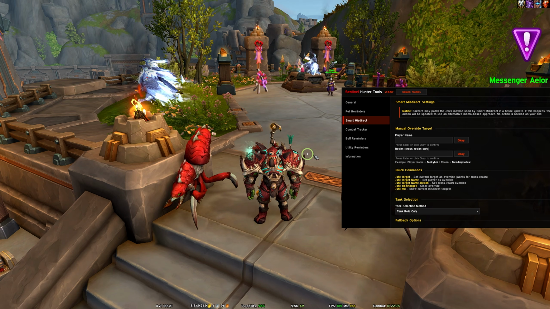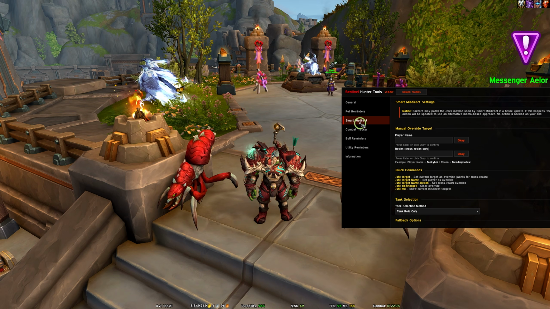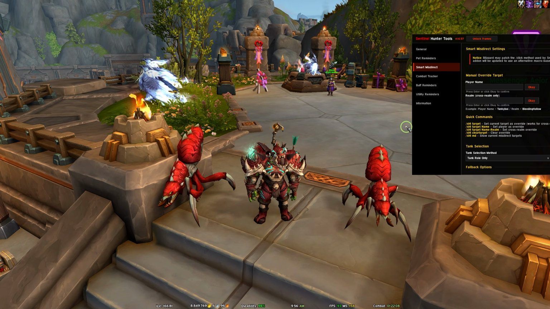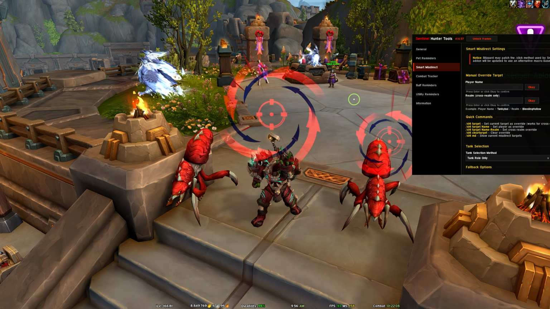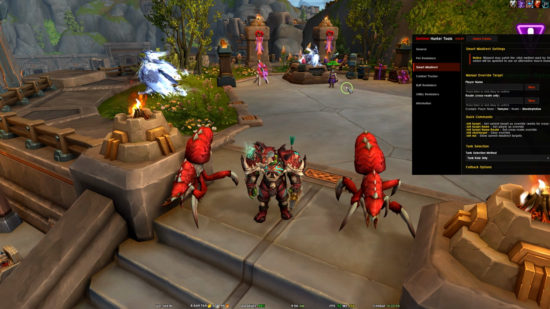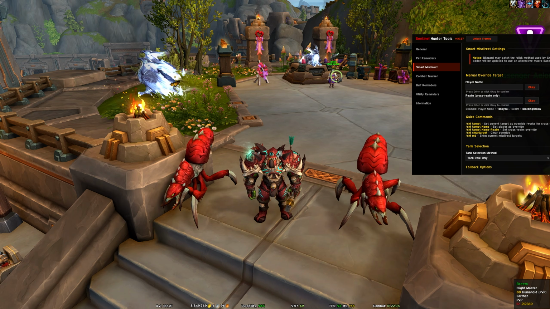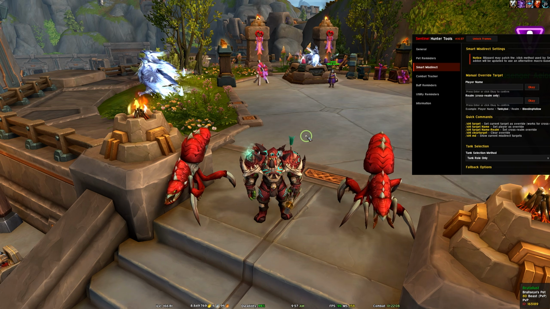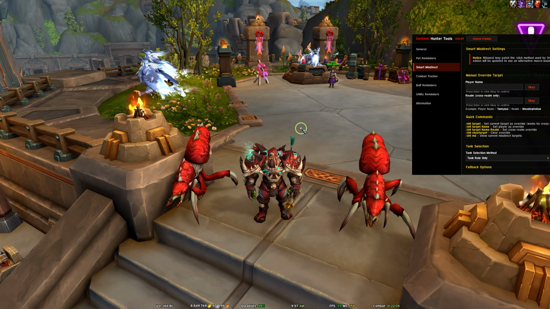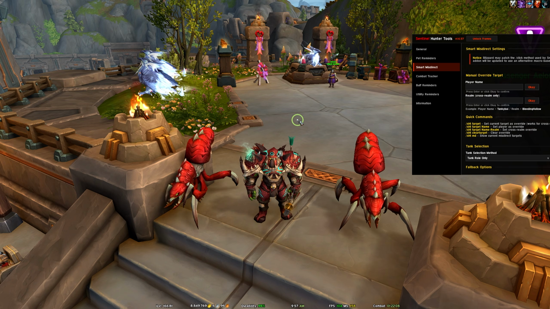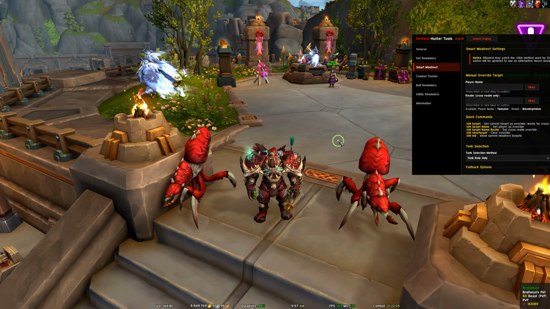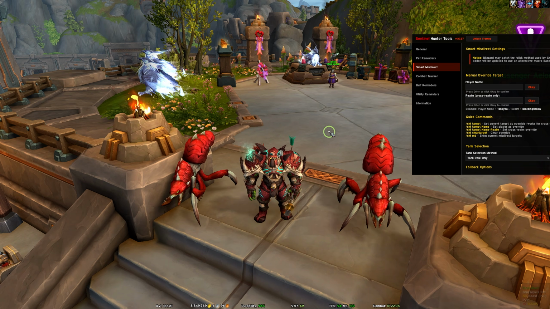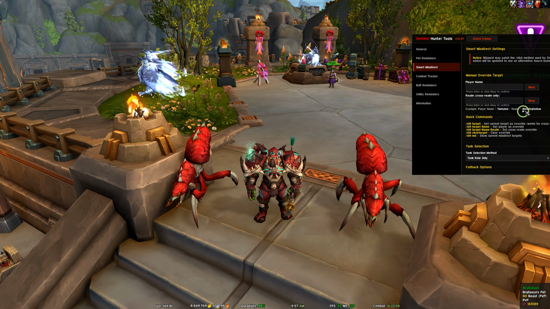This used to be a weak aura, and this is actually why I downloaded this add-on. If you're in a group and you're a hunter, once you set this up, all you have to do is press your misdirect. You don't have to macro anything. You don't have to target anything. You don't have to specify. It'll automatically determine, hey, I'm in a Mythic Plus. Anytime I press my misdirect, it's going to misdirect to the tank in the group. Hey, I'm soloing. Anytime I press my misdirect, it's going to automatically misdirect to my pet. Hey, I'm in a raid. Anytime I press misdirect, I'm going to automatically misdirect to one of the tanks in the raid, and so on and so forth. It works so well.